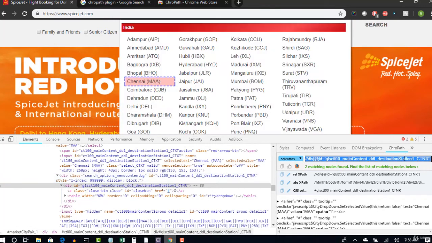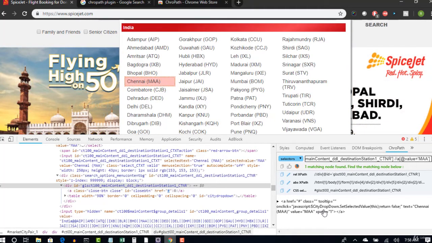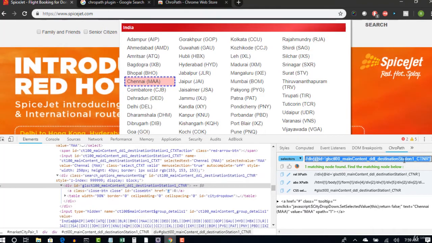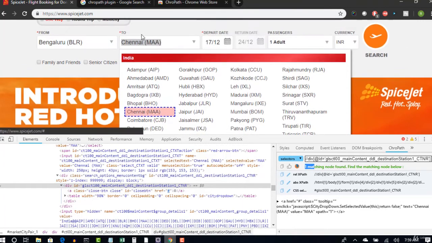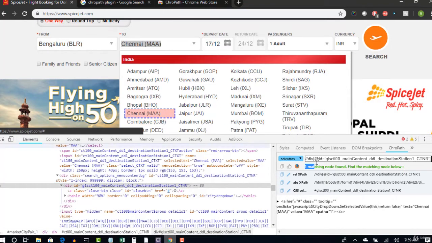So that's why I smartly selected a parent, and from there I gave one space, and now you hit enter. It is selecting the second drop down Chennai only. It doesn't care if there are 10 or 20 Chennai items on the page. It only cares about what is inside its parent. If there are two Chennai options inside this parent, then you may see two matching nodes. But in one drop down, you will have only one option, right? So it directly selected it, and it doesn't matter even if it has Chennai here.